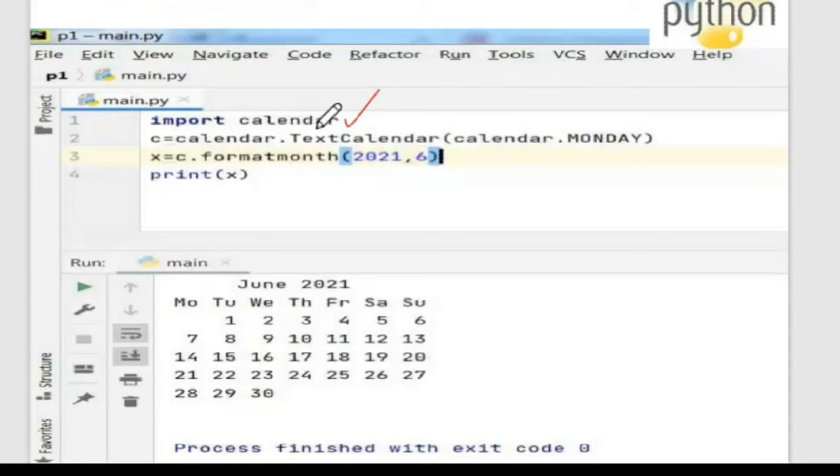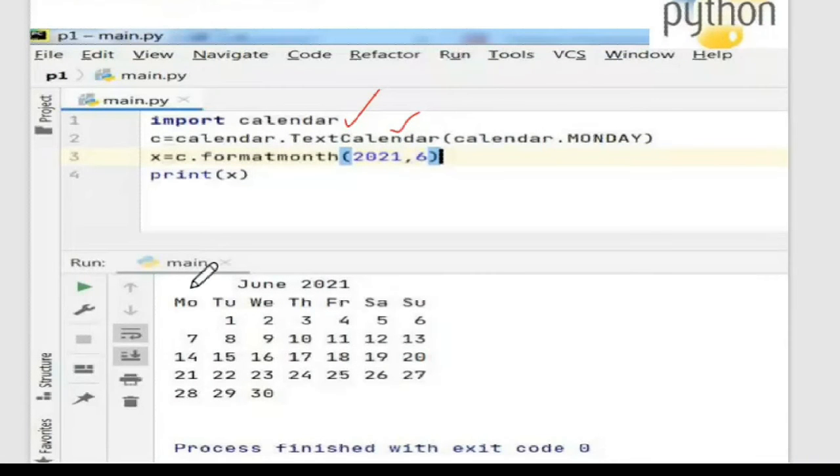What I did is I said calendar dot text calendar. This is a method which will create the calendar in a text format. Then I said calendar dot month, which is a parameter to this text calendar function. Calendar dot Monday means that I want the calendar to begin with Monday.